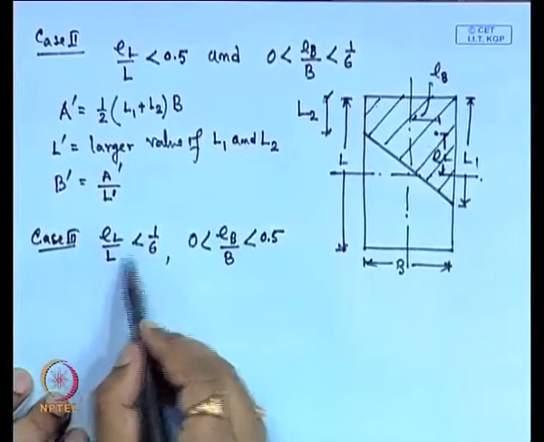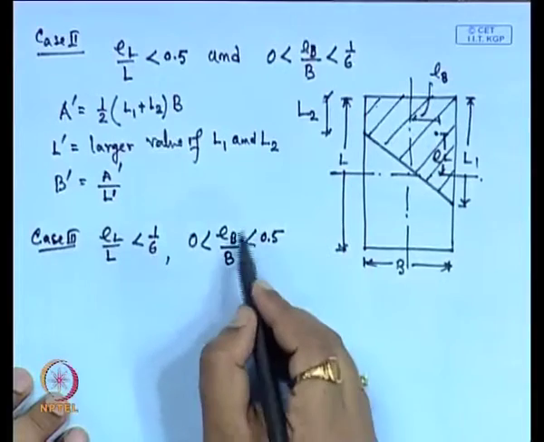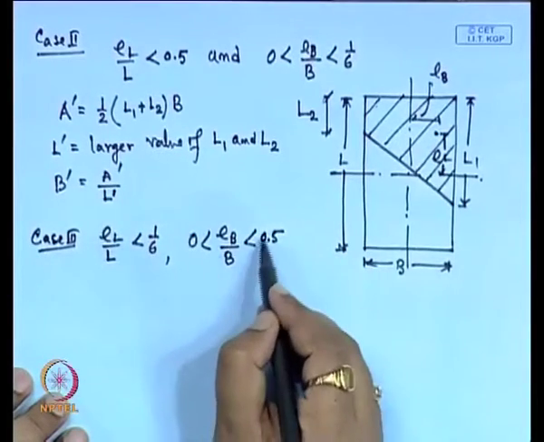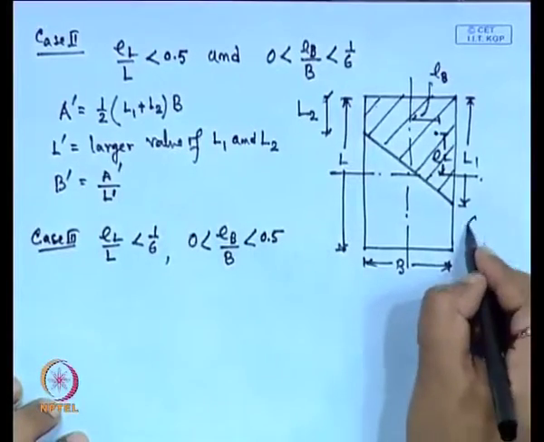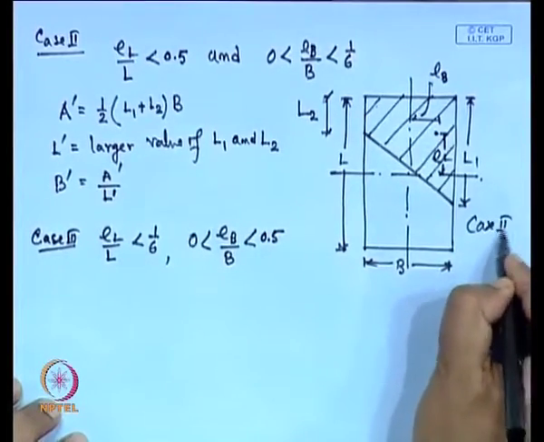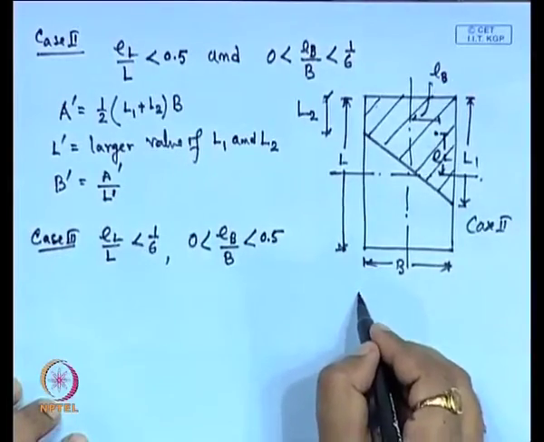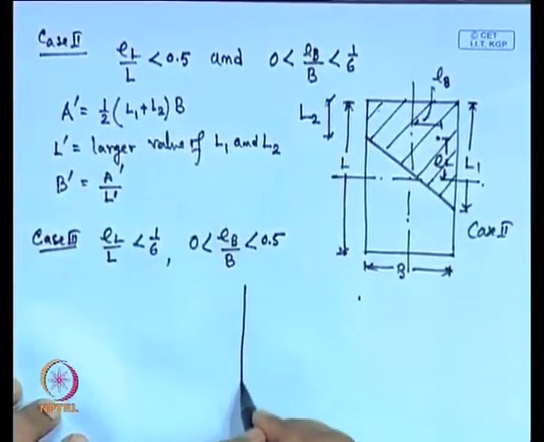So, E L by L less than 1 by 6 and E B by B greater than 0, less than 0.5. So, in such a case, and if I want to draw the condition for case 3,